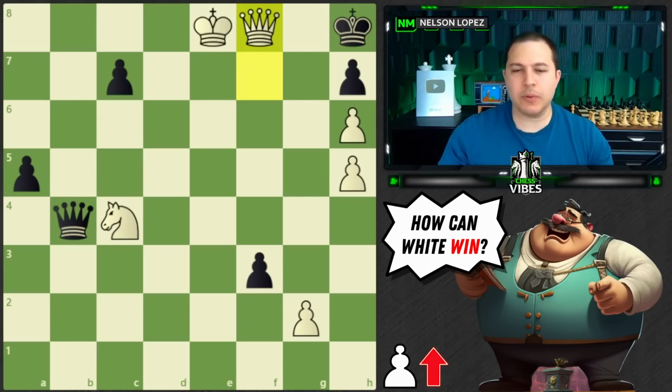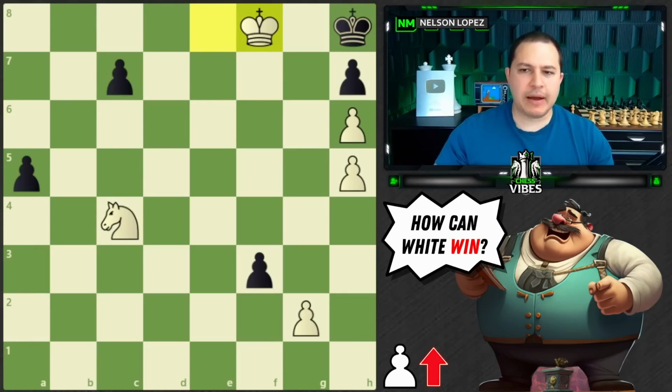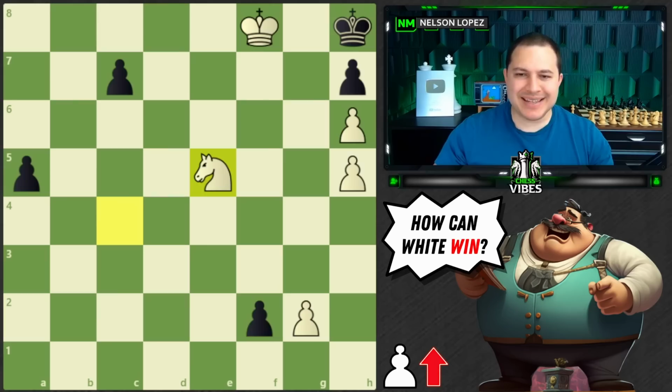Now you might be thinking, why do we want a queen trade? Don't we have a problem with these pawns? Well, you tell me. After black plays f2, about to get a queen, what do we do with white? Well, if you had a chance to look at that, the move is knight to e5, going for the checkmate